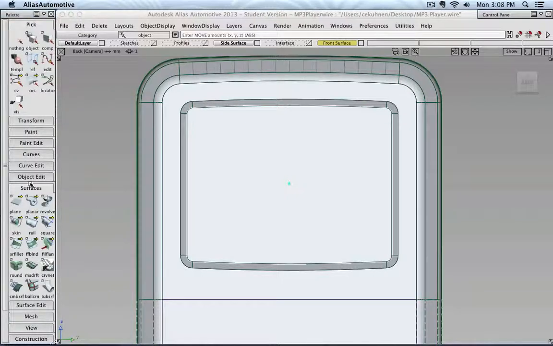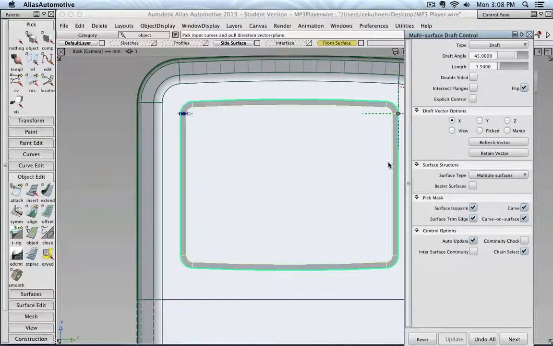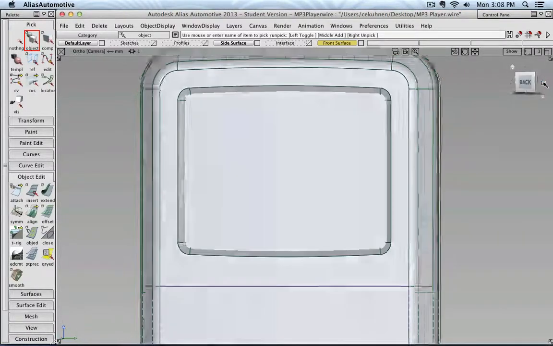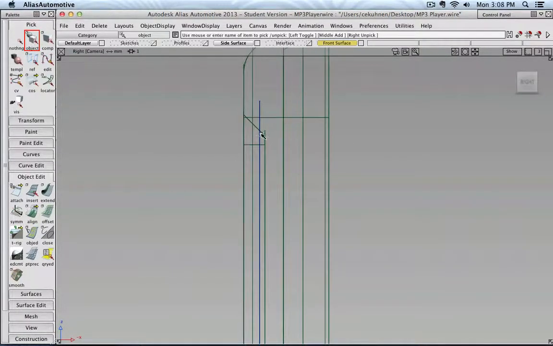draft surface I created. So I can go to Object Edit, Query Edit, click then the surface, and then instead of 1.5, maybe type in 2 and return. Close it, select nothing, object, go to side view, turn shaded off, and there we see that the surface now is a little bit longer. So I overshoot it, and then